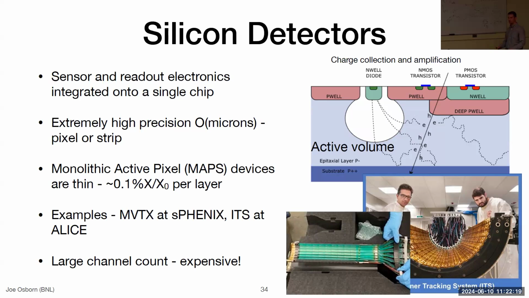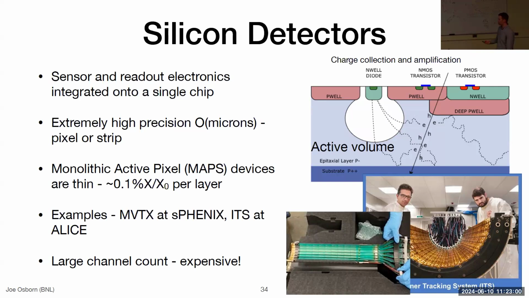They have extremely small material thicknesses. So there's something right now like of order 0.1% radiation lengths per layer, which includes all of the sensor readouts and cooling, all these other mechanical things that you may not think about, but that are important engineering concerns. So this is quite phenomenal. And the people who actually do a lot of the silicon hardware development are even trying to push this further, something like 0.05 radiation lengths per layer for the EPIC experiment and for the next generation of ITS and MAPS